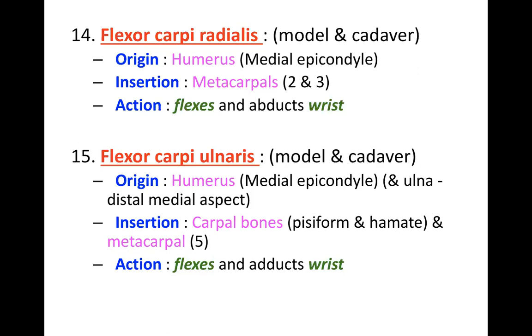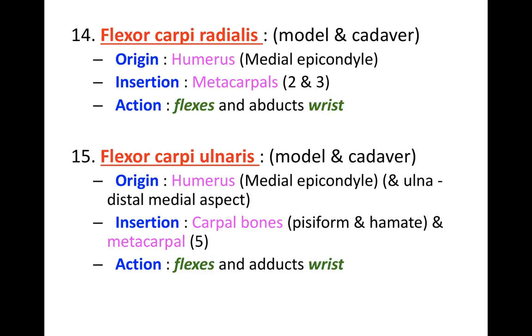And then flexor carpi ulnaris is going to be on the medial side of the forearm underneath the pinky. And this one again is originating from the same location, the humeral medial epicondyle. You may also have a little bit of ulna on that as well as the origin. And then insertion are going to be the carpal bones, the pisiform and hamate, and then that fifth metacarpal right